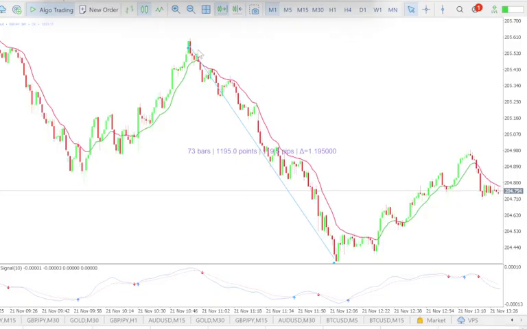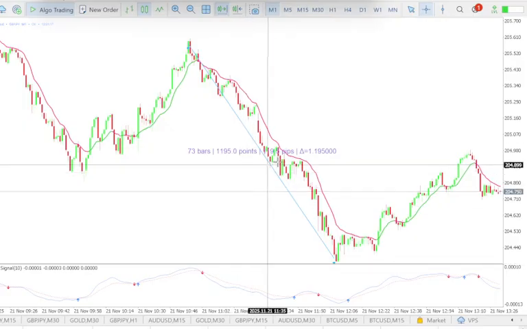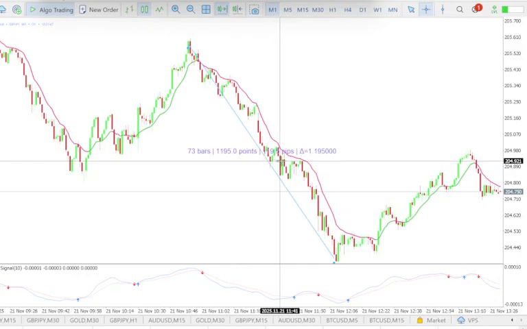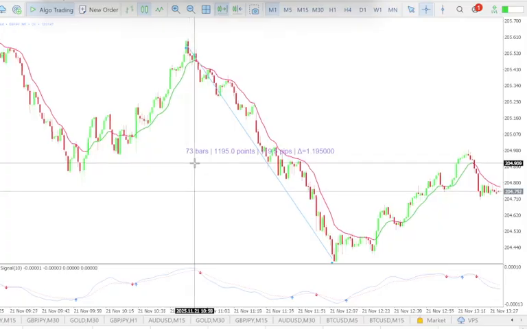So this is an example. I put the mouse here at 205.55 and at 204.37. It calculated 120 pips and 73 bars times 15 minutes. Okay, this still needs to be calculated separately. It would be